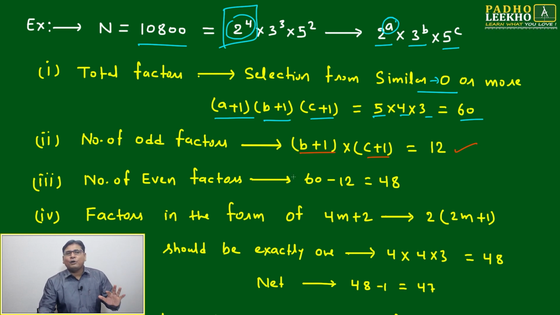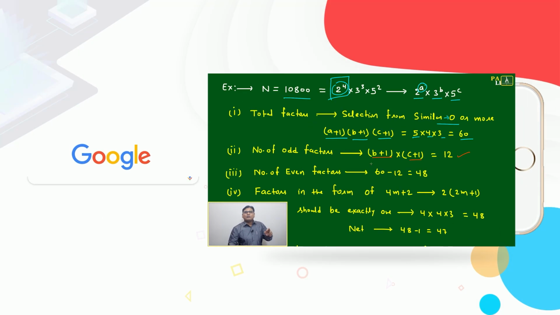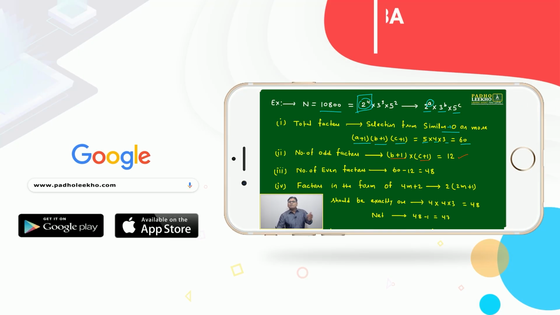I am just explaining here from the PNC point of view, not the numbers point of view. We have already covered numbers, and each and every session was self-explanatory and very detailed: number of factors, total number of factors, number of odd factors, reverse of factors, everything we have seen. Then here the number of odd factors will be 12, and the number of even factors is total minus odd, which will become